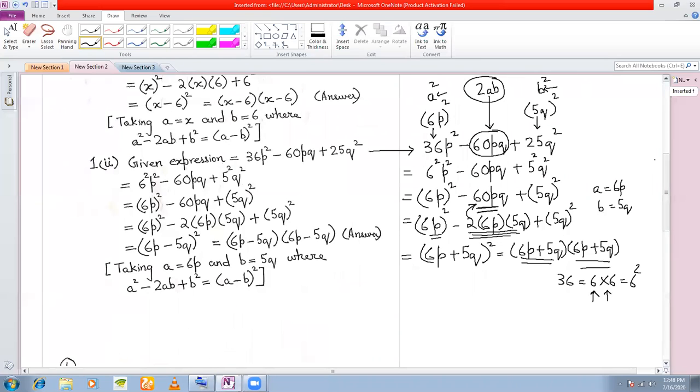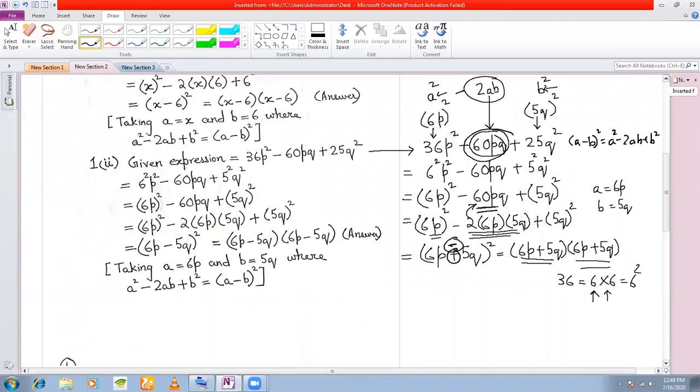Which identity you have used? Yeah, I've used a minus b whole square, p square minus pq. Oh, sir, but my answer is 6p minus pq. Yeah, this should be a minus actually, because I am using, see, this is my minus 2ab term, right? So I just wrote it wrongly. That is okay, because I have used a minus b whole square here. Okay, and a minus b whole square is a square minus 2ab plus b square.